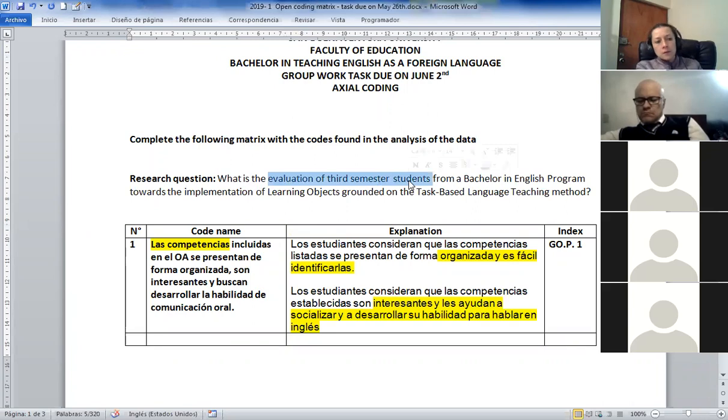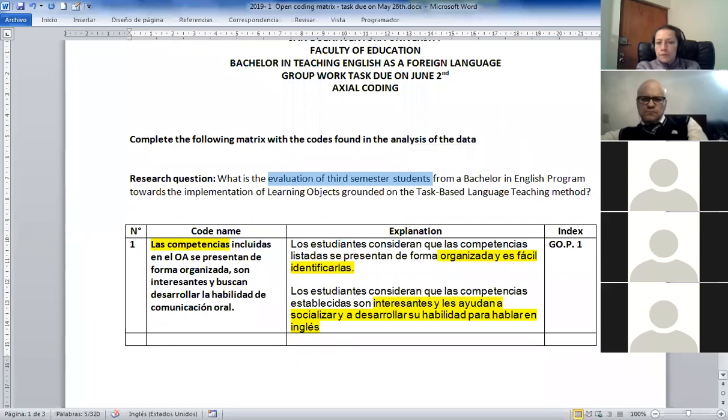For this research, those third semester students were only 5 students. So we are finding out the similarities in their assessment regarding the learning object they used to finally answer the